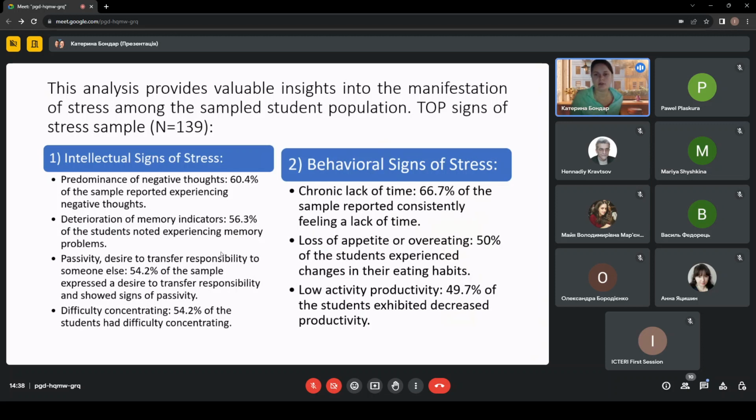Also, they have behavioral problems, such as a lack of time, and a big home assignment was impossible to realize. That is why, in wartime conditions, we need to simplify some home assignments, such as an essay sometimes, or big projects, to, for example, multiple choice testing, or just Quizlets, that it's possible for students to do in wartime conditions.